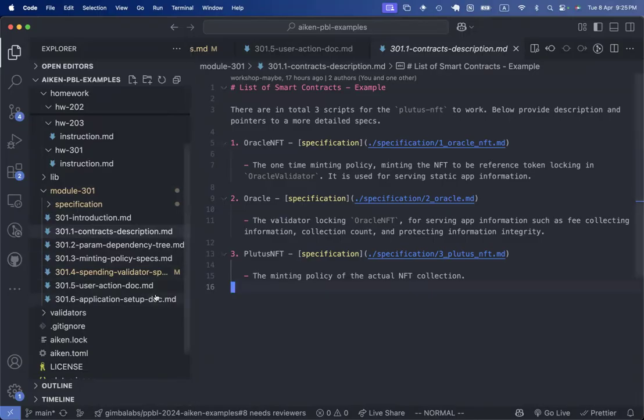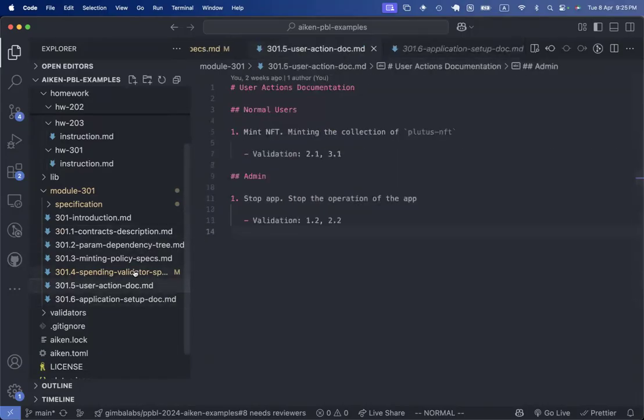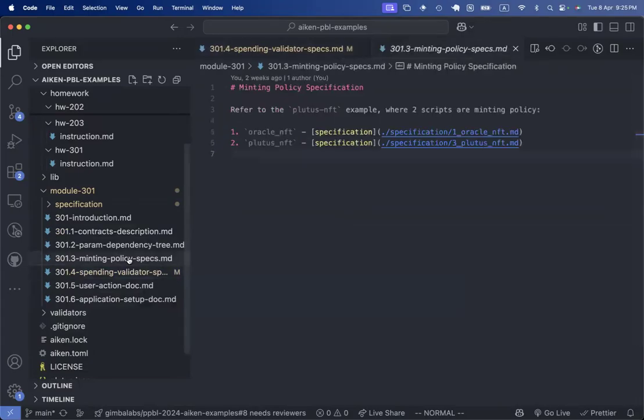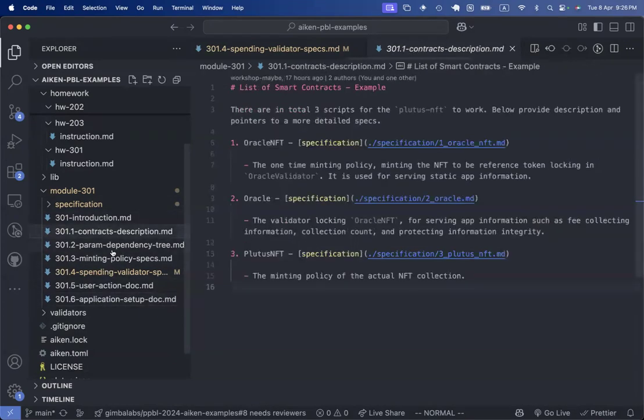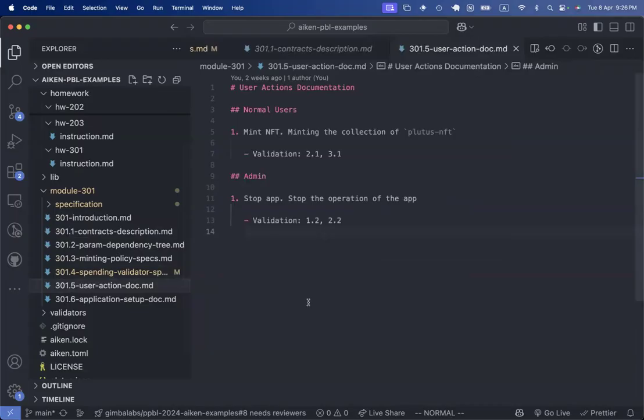Some other things that we could also do: most of the time, when it is a more complex application, the auditors or others might ask you to produce some sort of diagram about how different scripts are interacting with each other, and how the value flows into different validators. But for most of the time, if you have these things described precisely, those are just the byproduct of these core sets of documents. You could probably just draw the diagram by looking into these different specifications, descriptions, or documentation. So yeah,